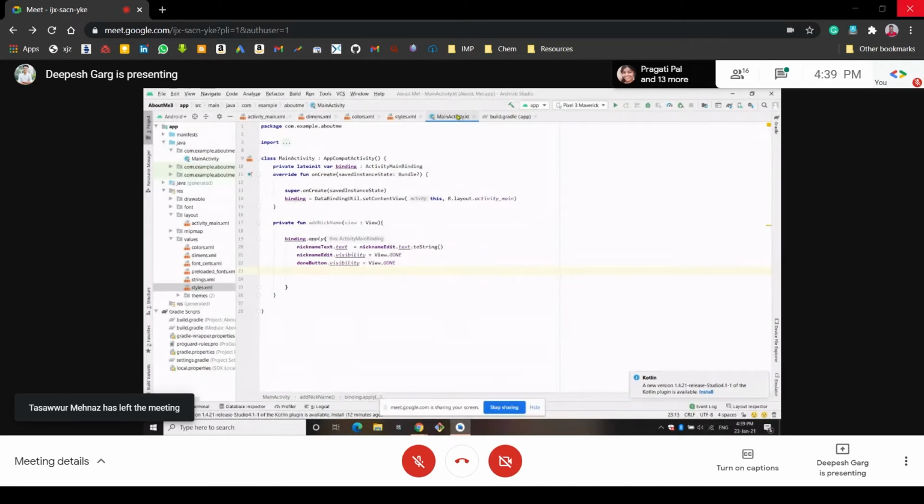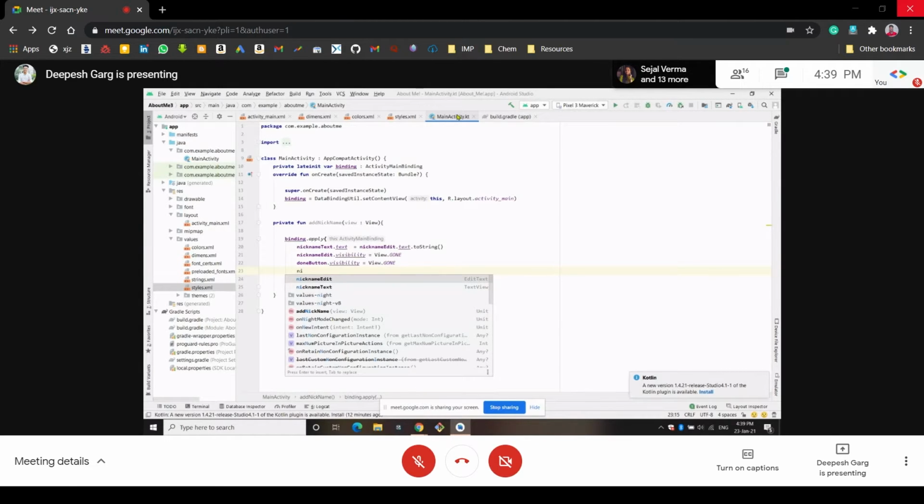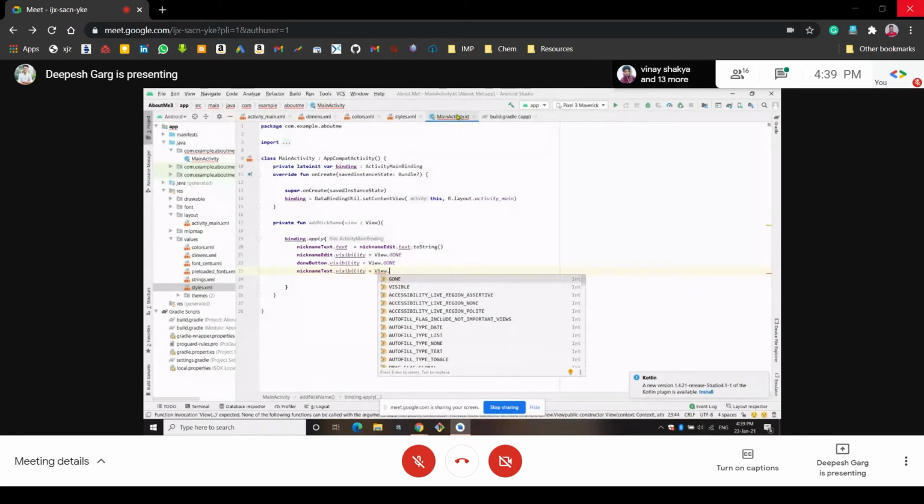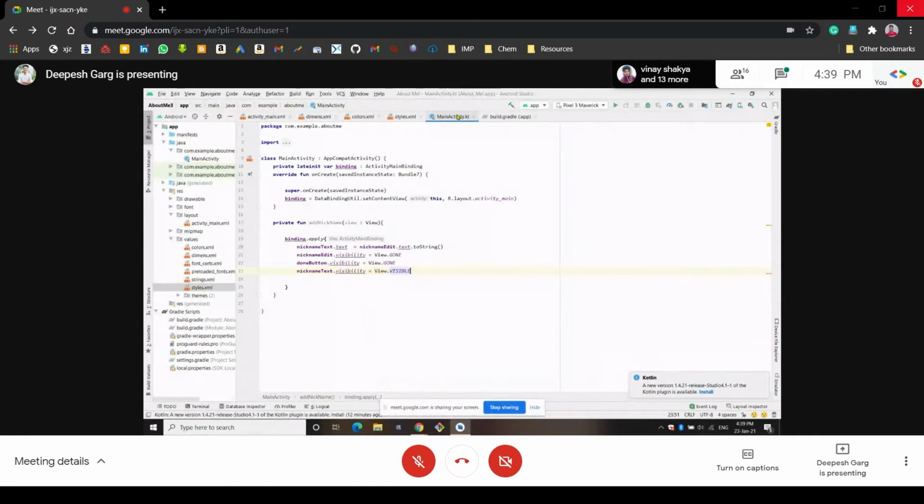So how will we do that? We will make that hidden text view visible. Nickname text dot visibility equal to view dot visible. So its visibility is now visible, meaning it is now visible.